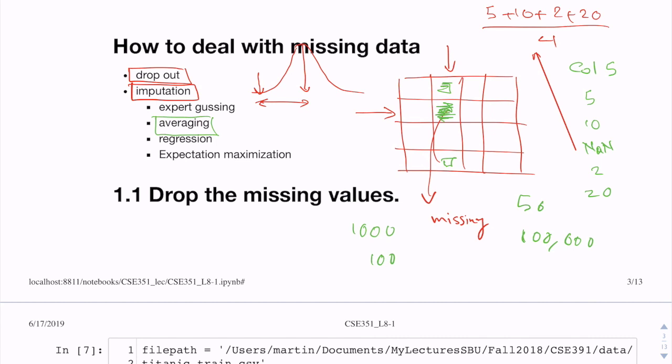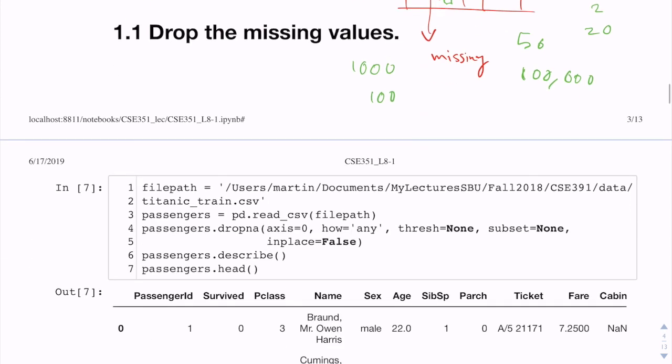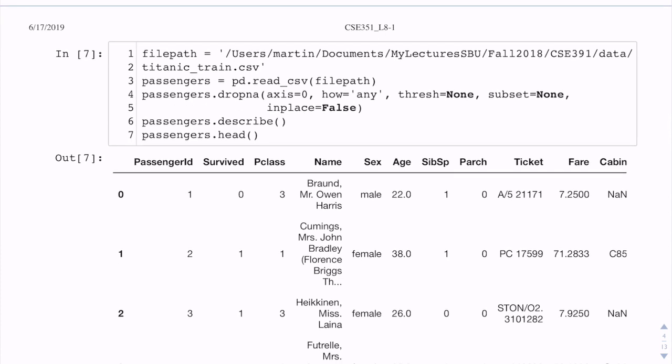Invisible data are missing values, and we try to probabilistically find the expected value of the missing value using a technique called expectation maximization. These two techniques are out of scope of this course, and we barely use them, but we recommend using averaging. Okay, so if you want to see how we can do the dropout,